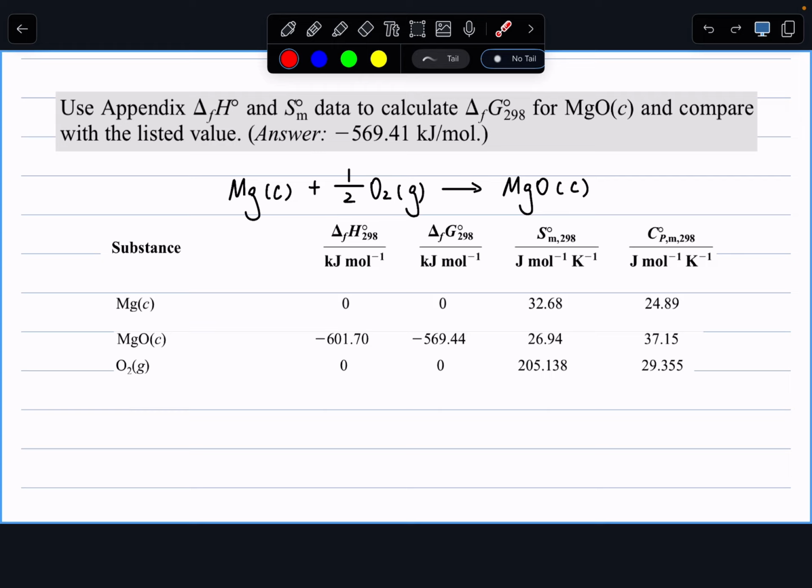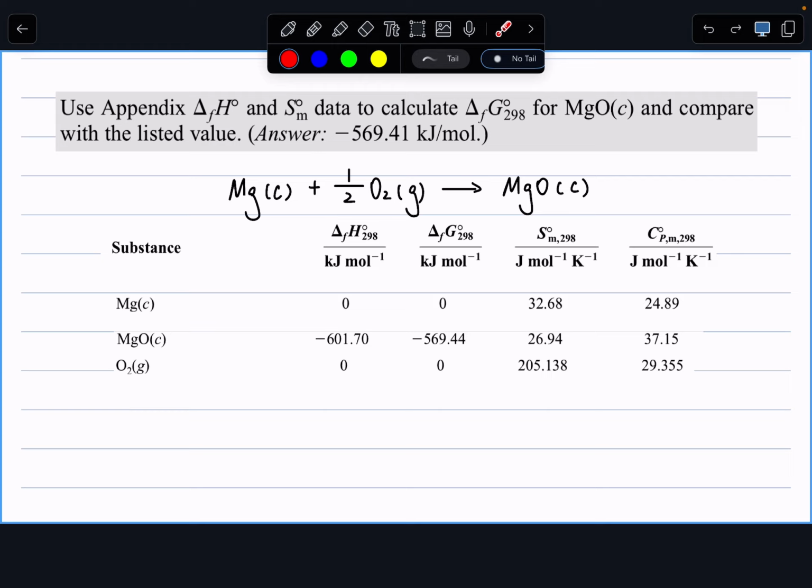So what does that mean? First of all, and if we also have the annotated note with the soft version, I'm just going to do it on the board, it's easier. In this question, first of all, we want to write out the formation reaction: magnesium condensed plus 1/2 oxygen in gas phase to form magnesium oxide